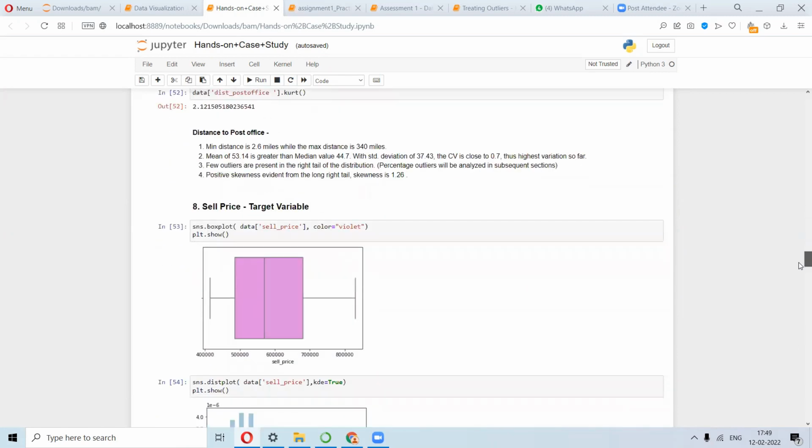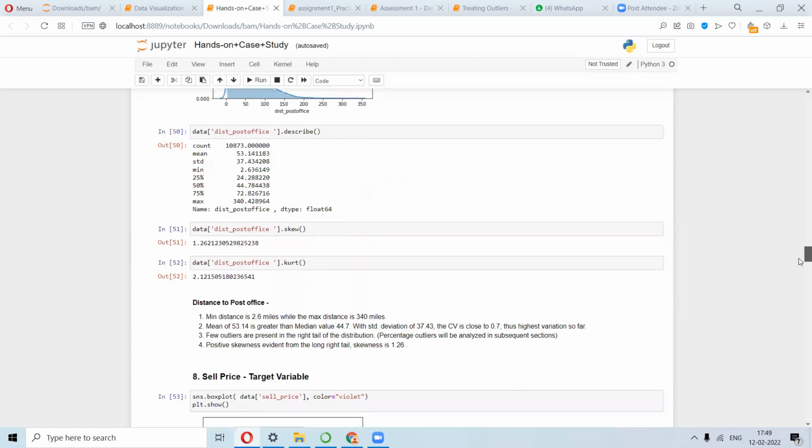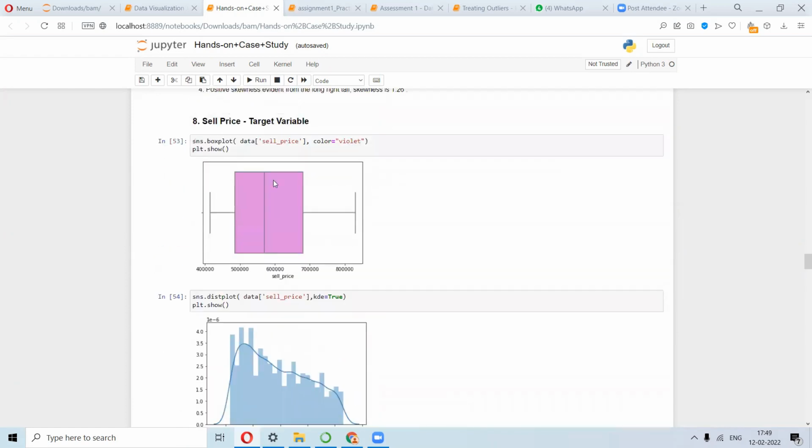So you can just quickly go through all these things. So if you see the selling price, right? Here you see that the median, this is your Q1, this is your Q3. So the median is again much closer to that of Q1. And also this box is much closer to the minimum.